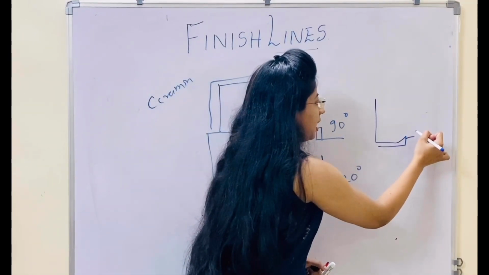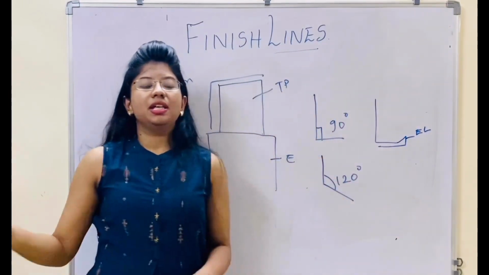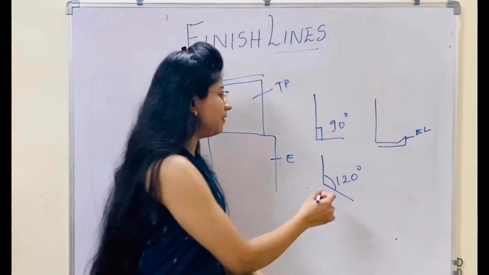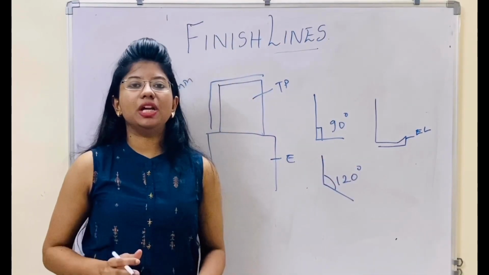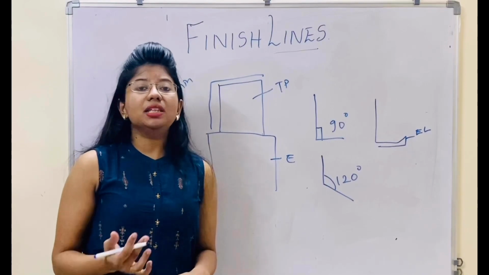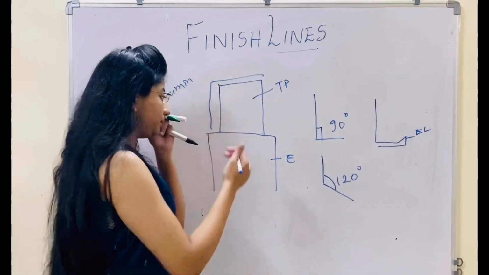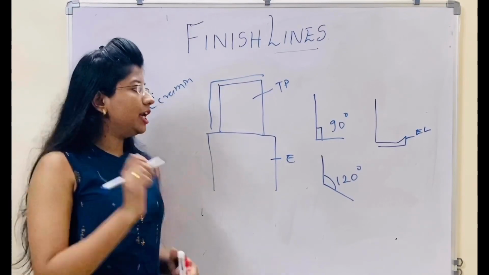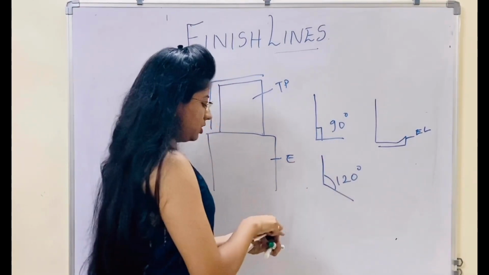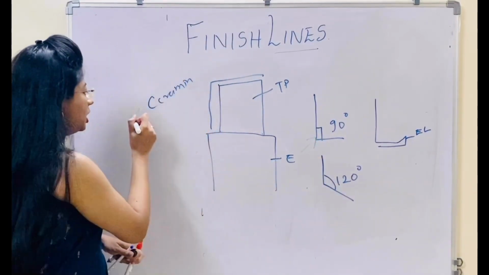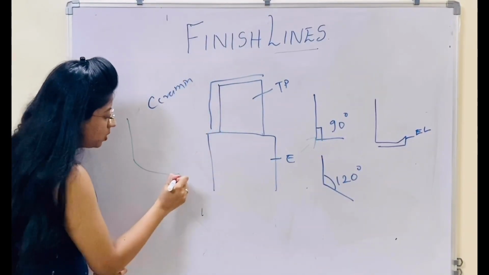This is enamel lipping. Enamel lipping should be avoided. That's why when we are giving a 120 degree angulation, there is less enamel lipping. Another form of the shoulder line is radial shoulder. The radial shoulder is something, you can see that this angle is very sharp. In the radial shoulder, what we do, we just round this angle.